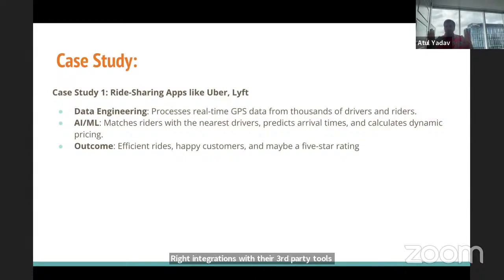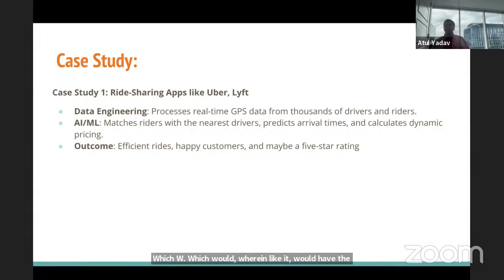So they went with a cloud platform that can handle the fluctuating loads and ensure the smooth data flow within the platform, okay, right? Now, after they have clean data and everything, they want to develop an algorithm, like what would be the right AI powered matching system, wherein it would have the proximity